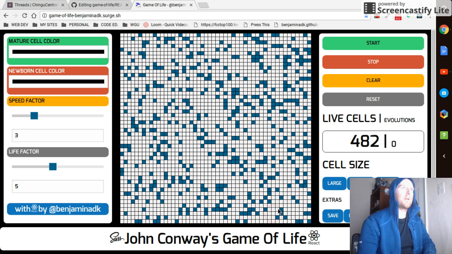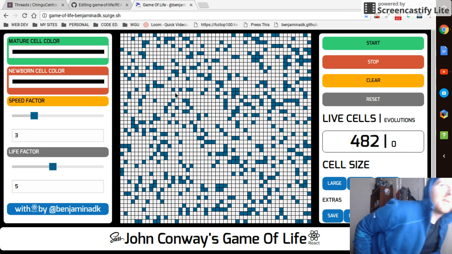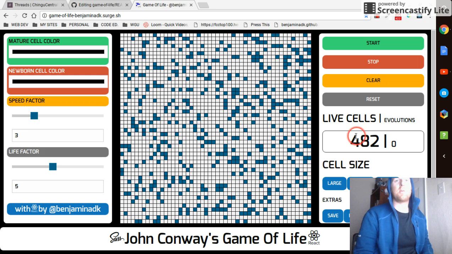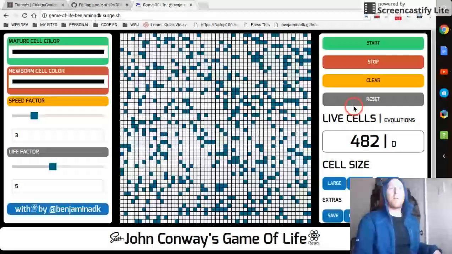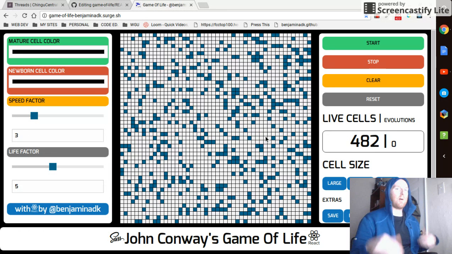So basically, you have this grid, which at any given time has cells, which are the blue ones. They're alive, and the blank ones are not alive, or dead, I guess. And then right over here, this will tell you the amount of live cells at any given time. So what happens is it goes by rounds. Each round, some rules are applied, and then if you click the docs button,